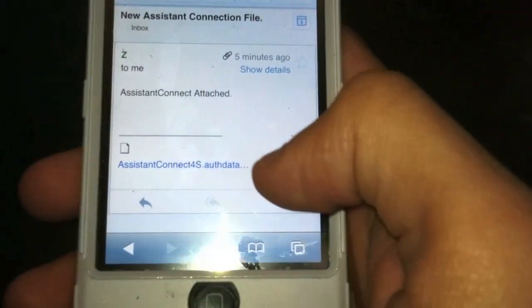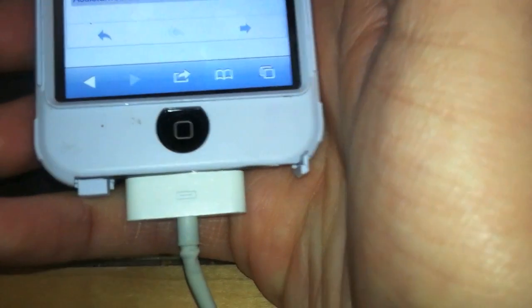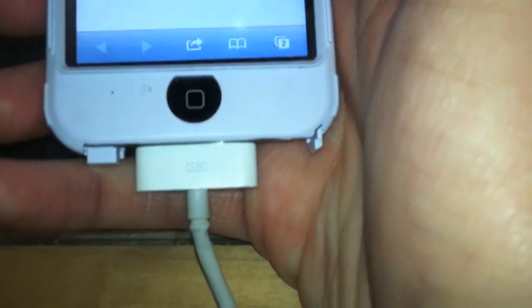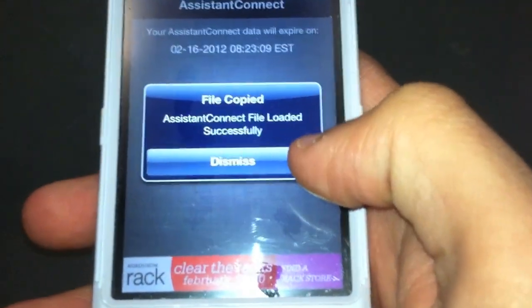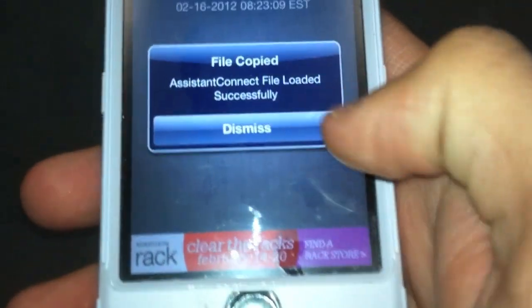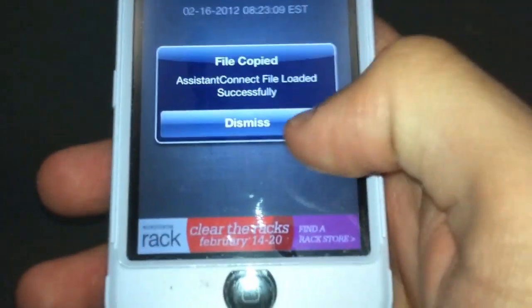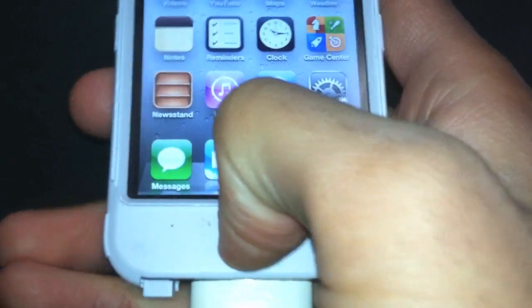You open the email. You're going to see it sends this AssistantConnect4S.authData. I believe I set it as AssistantConnect. And you open that. Yeah, there we are. AssistantConnect4S AuthData.AssistantConnect. And you just tap on the attachment and get it to open with AssistantConnect. And then it tells you here, file copied successfully. If it ever fails, it will come up with a prompt saying that it failed, and pretty much just try opening it again. It should probably go through that time. Hit dismiss, close out, and then